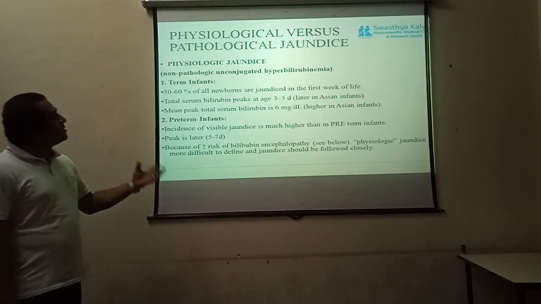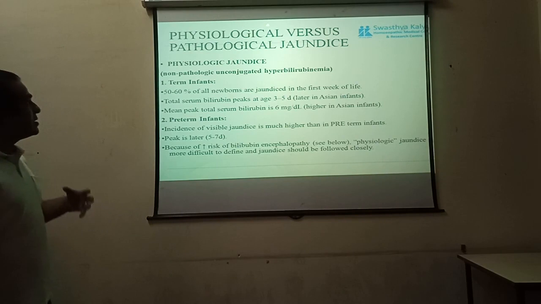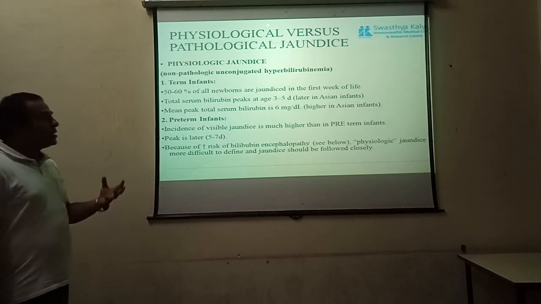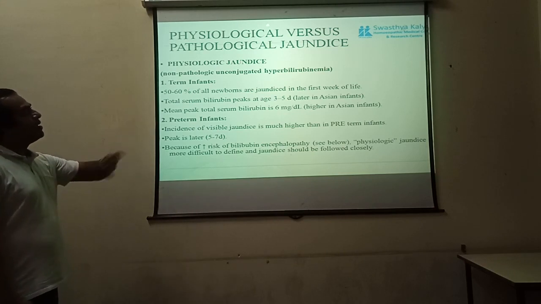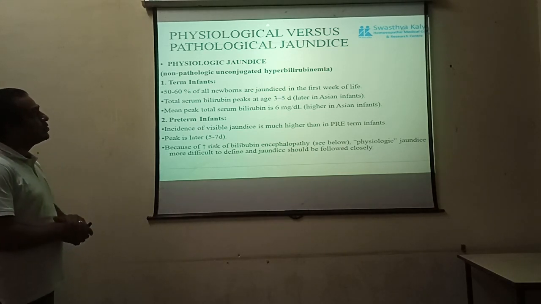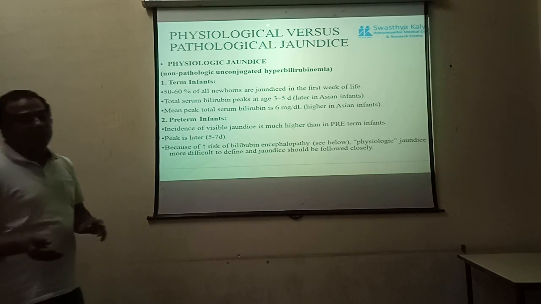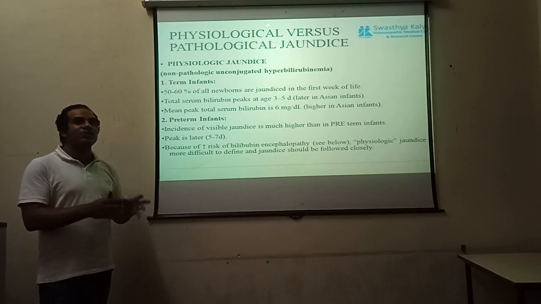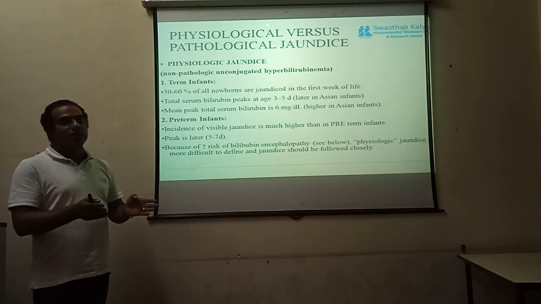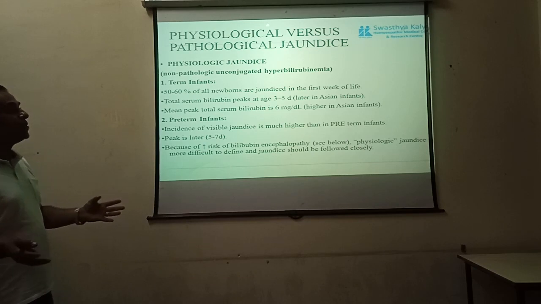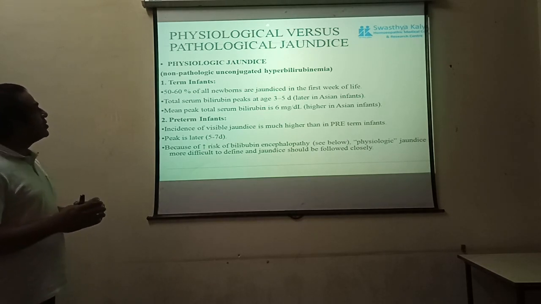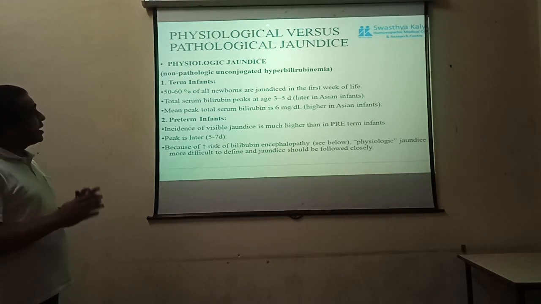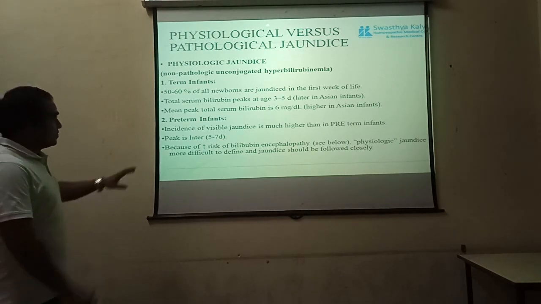So physiological versus pathological jaundice. We will discuss Kramer's signs for neonatal jaundice at the end. But we need to understand the physiological versus the pathological jaundice, because in cases of neonatal jaundice, you need to understand what is physiological. Is it common in small children to face symptoms of jaundice, or is it not common, and how do we differentiate it? So physiological jaundice is non-pathological unconjugated hyperbilirubinemia in term infants.